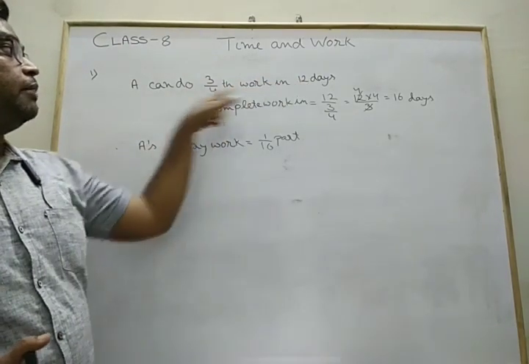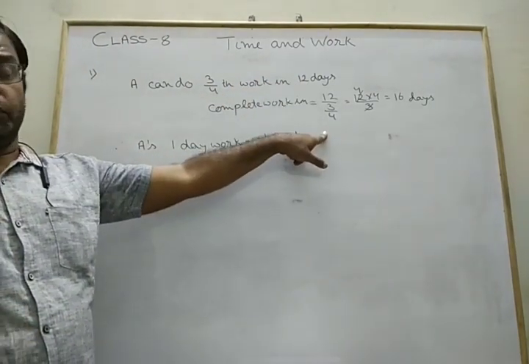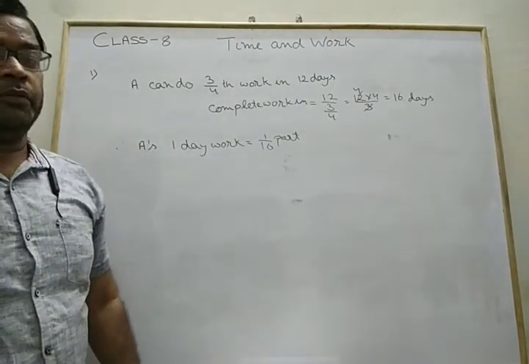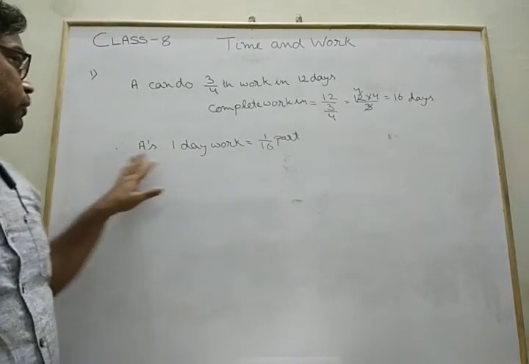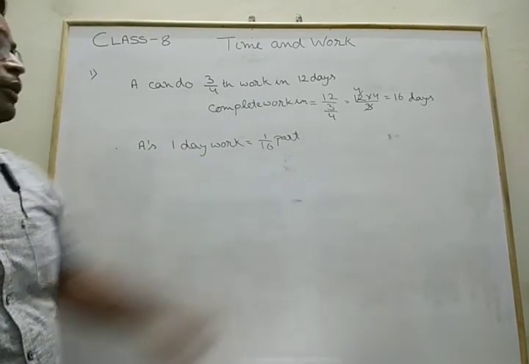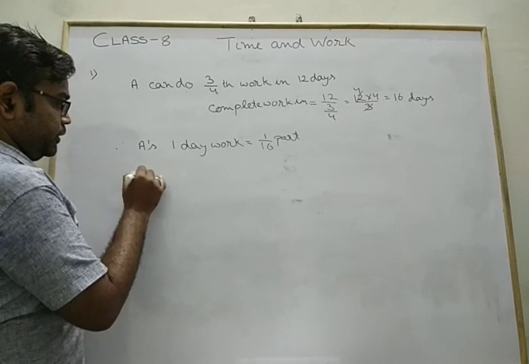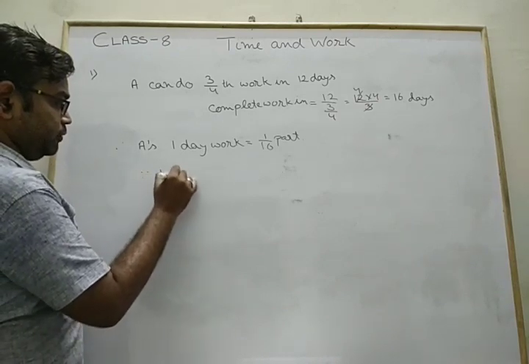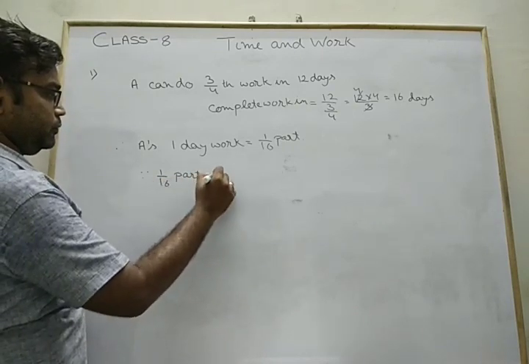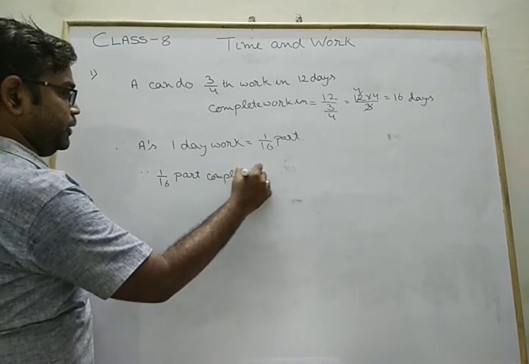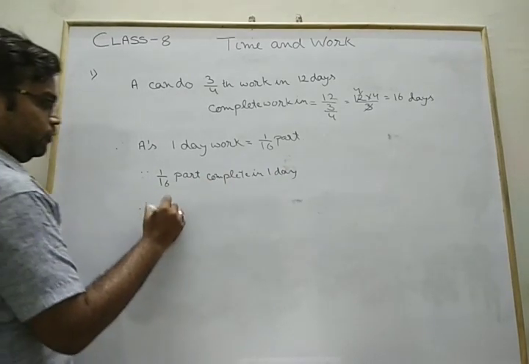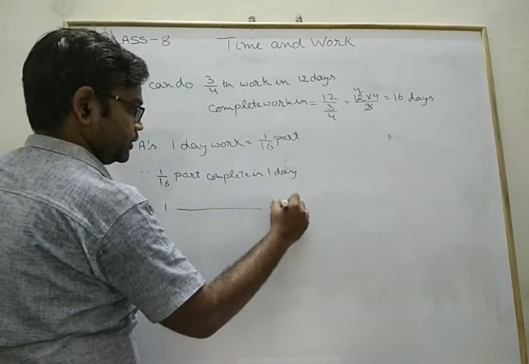So 12 divided by 3/4. 3/4 part in 12 days, so one part is 12 divided by 3/4. That is your 16 days. So okay, from this we can easily find out 1 day's work equals 1/16. So since 1/16 part is completed in 1 day, therefore 1 part is completed in 16 days,